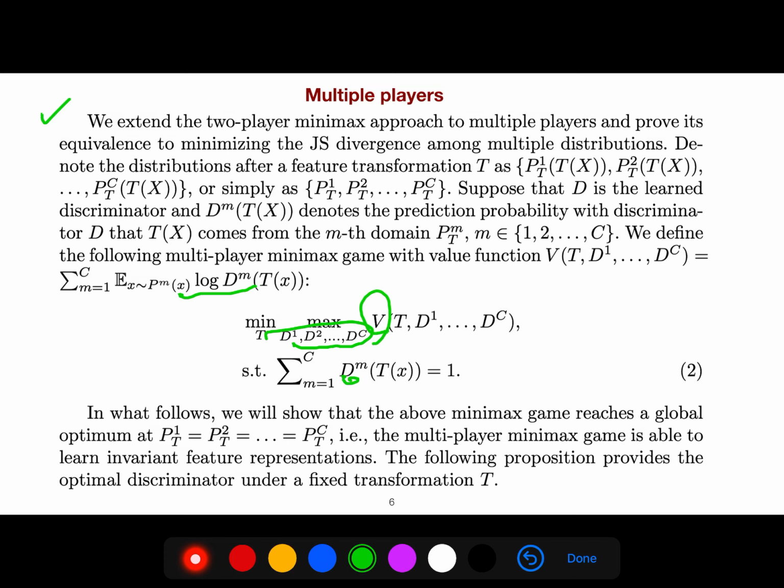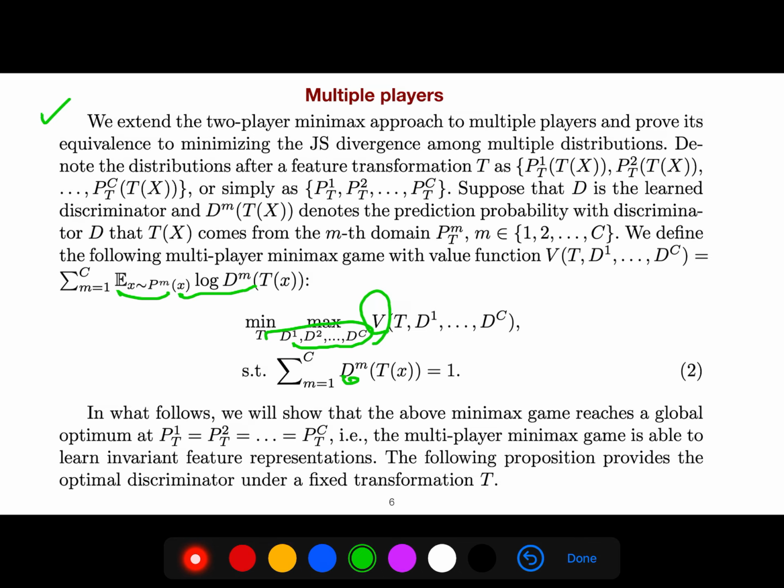And we are summing over the distribution, all domains. So expectation from domain 1 plus expectation from drawing from domain 2. And so we are considering all of those things. That's why we say it's just the